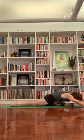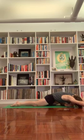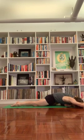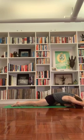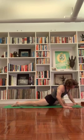Relax the abdomen. Again, not aggressively, just wherever it goes, wherever you can go. Relax the abdomen. Let the trunk come down. Let the outer right hip flow back. Outer right hip flows down. Come back up,